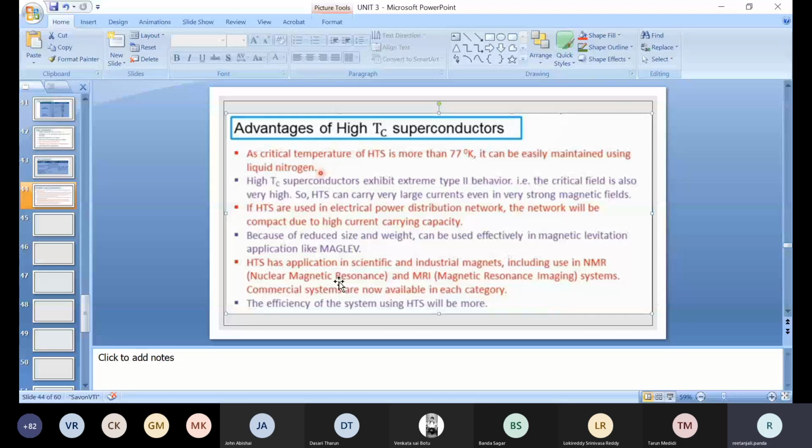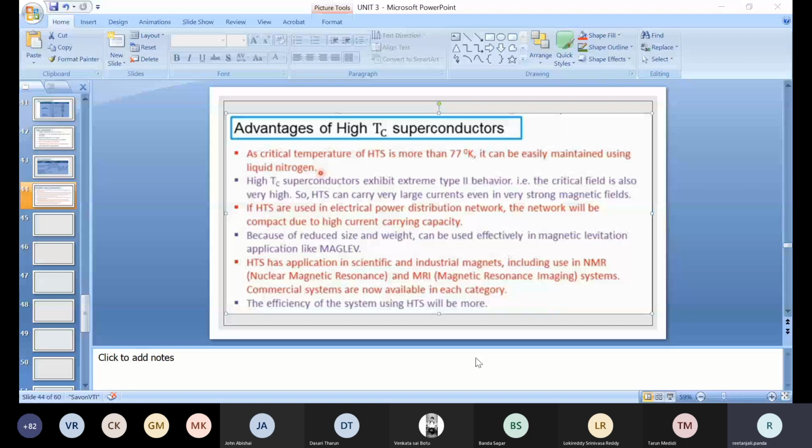And this is also going to increase the efficiency of any kind of system, either your communication system or your power generation system. That is, the efficiency is going to be increased much more using these high TC superconductors. Then what are the disadvantages of this material? Why can we not use these things in our day-to-day life? The disadvantages are like,